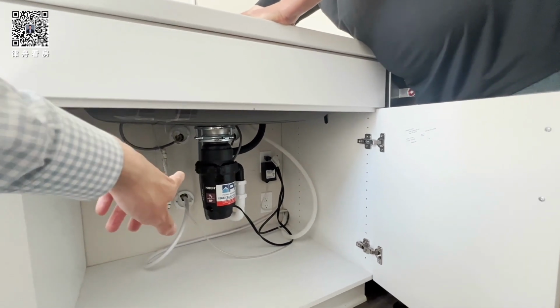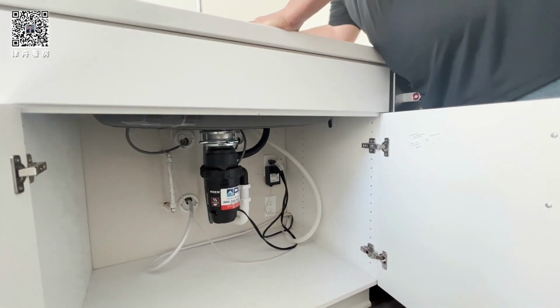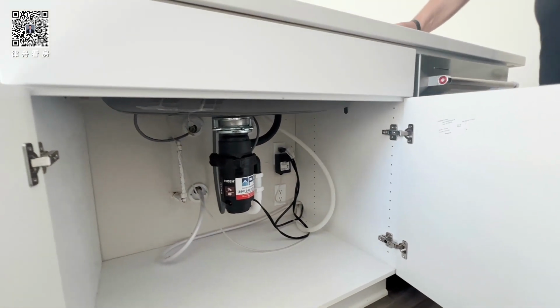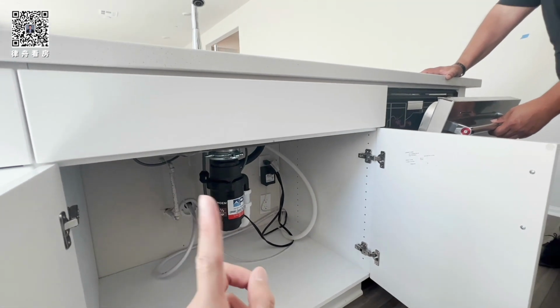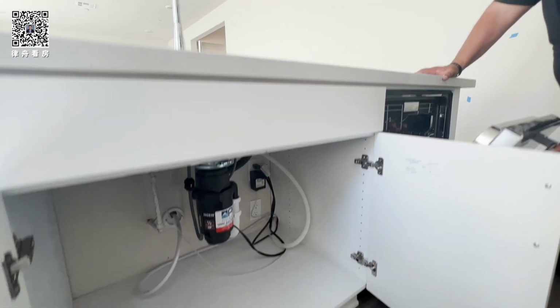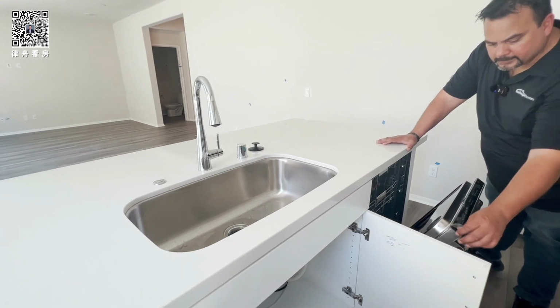它这个 garbage disposal 啊，只有1/3马力，很小的，所以你东西不能装。Garbage disposal. 不行了要换，牛逼的是1马力的，普通的是1/2马力的。